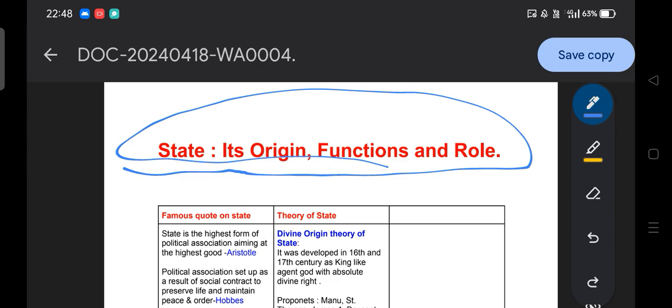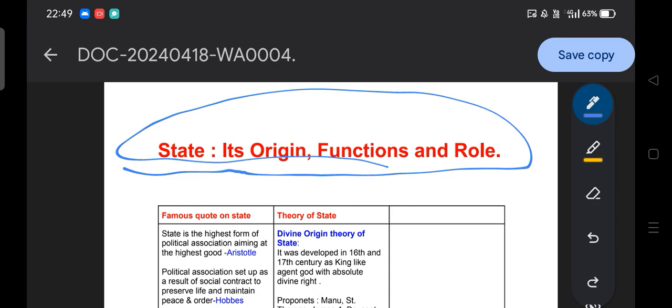For example, in political theory we study the concept of the state by different scholars. In political thought we study the state under the social contract theory. In Marxist ideology you also study the state. So the state itself has an interdisciplinary or multidisciplinary dimension. Under different ideologies and the thoughts of different thinkers, we understand the state. You can see questions from different angles, but specific questions you cannot find with respect to the state.